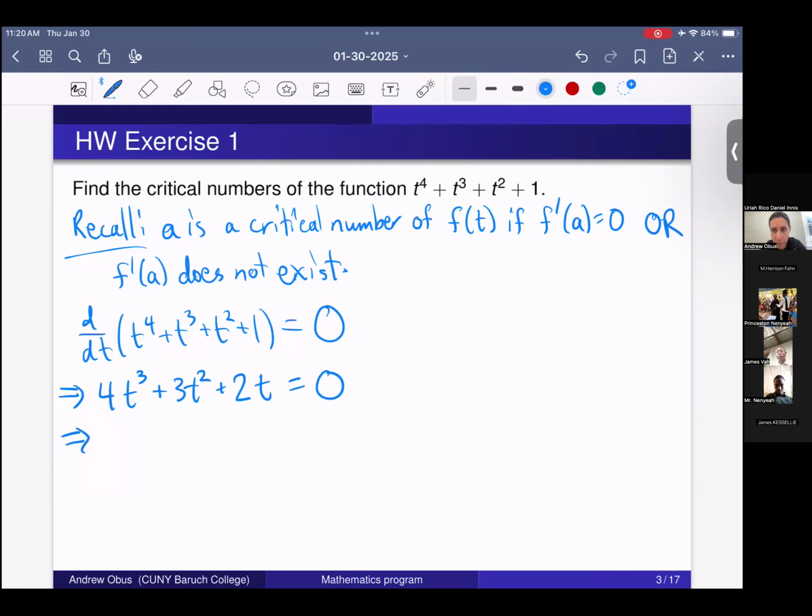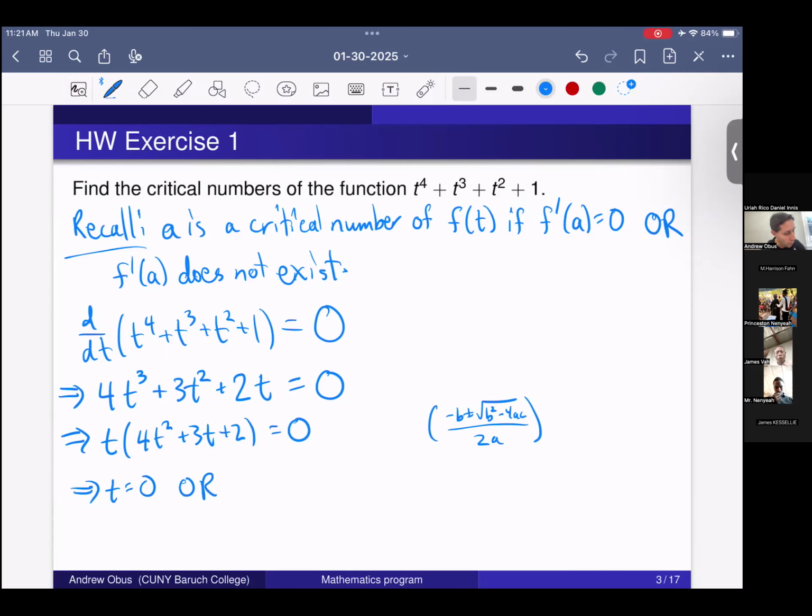Okay, so how do we solve this equation? By finding a quadratic. Great. So yeah, we pull out a t, right? And this is t times 4t squared plus 3t plus 2 is equal to 0. And then for the quadratic formula, remember we recall minus b plus or minus the square root of b squared minus 4ac over 2a. So what do we get by the quadratic formula? We get, of course, either t equals 0 or,